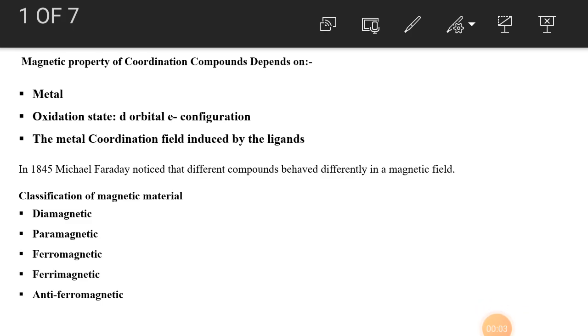Today we will discuss the coordination property of the coordination compounds. The property of the coordination compounds will depend upon the metal, the oxidation state of the metal, and that depends upon the strength of the ligands. On the basis of